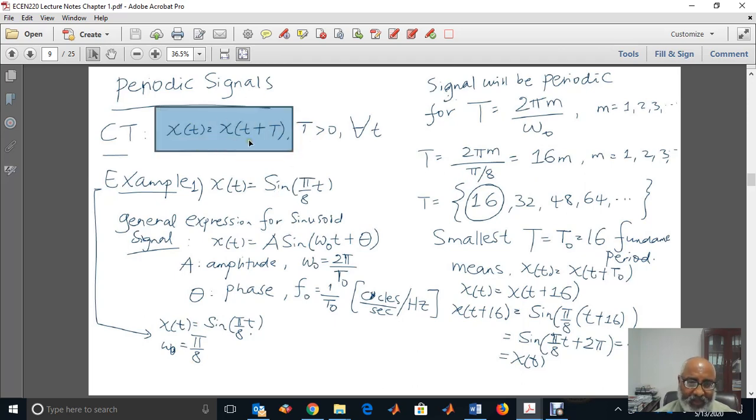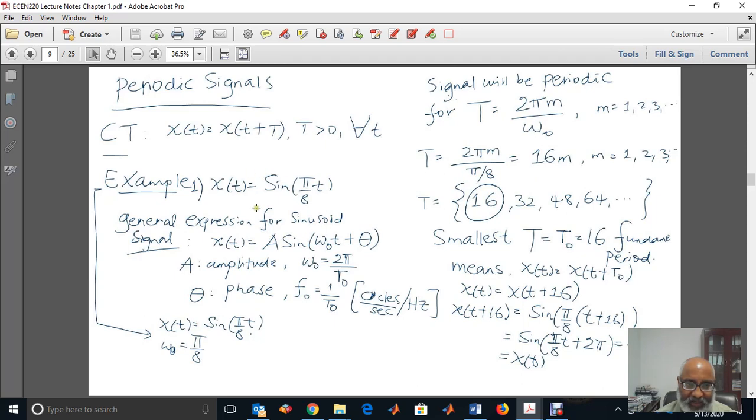Among the periods, I can have so many periods which satisfy this mathematical relationship. Among all possible periods, the smallest period, the smallest capital T, we call the fundamental period. Okay, we call it the fundamental period. So, for example,